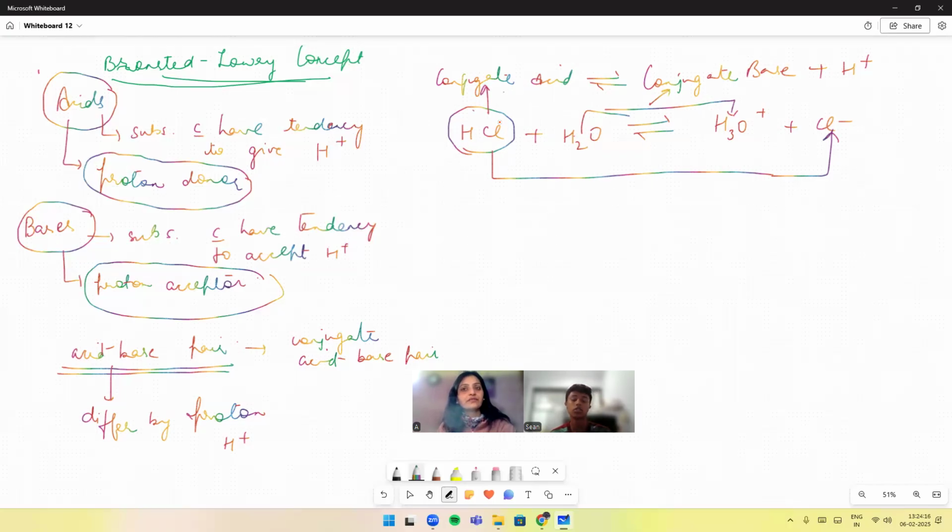Isn't HCl the acid? Yeah, it is acid, conjugate acid. Isn't it just the acid though? And the conjugate, H2O is just the base, and then H3O plus. But actually, what the concept is, we are saying that acid and base are actually proton donors and